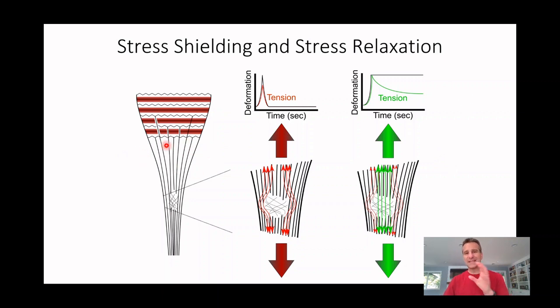There's another thing, and that's what happens when we have healthy tissue. There's another thing entirely when we have a little bit of an injury in a tendon. And in this case, I put the injury right in the middle of this tendon here. What I'm going to explain to you is a process called stress shielding. Stress shielding is when you have strong parts of the tendon and weak parts of